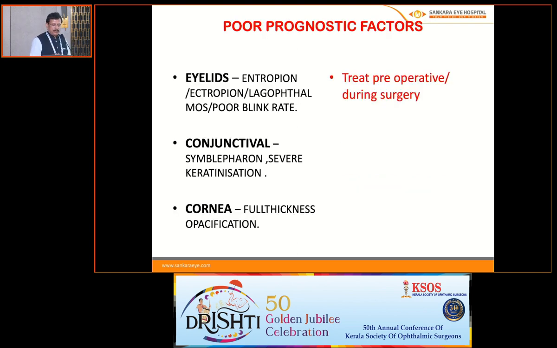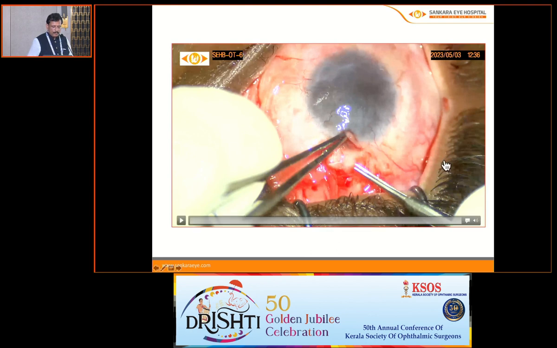Poor prognostic factors include eyelid problems like entropion, ectropion, lagophthalmos and poor blink rate, and conjunctival problems like symblepharon and severe keratinization. These things should be corrected before the surgery, or if possible during the surgery, in the form of mucous membrane graft and other procedures. And if there is very full thickness corneal scarring, the result will be poor. This is the